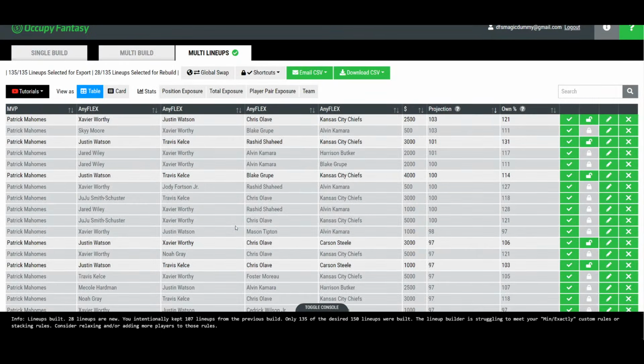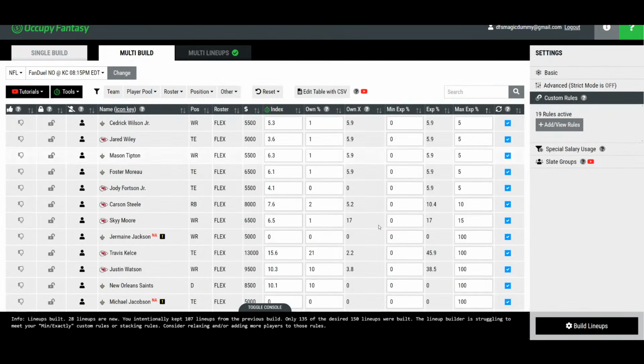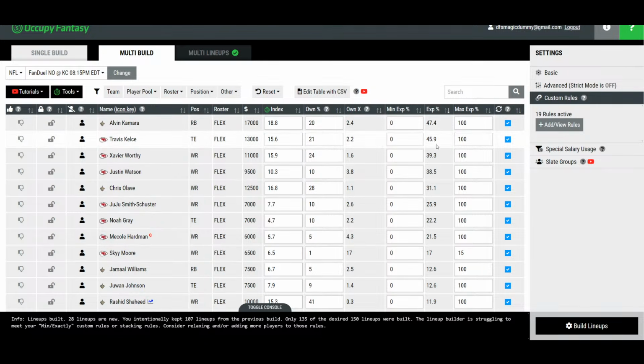Come on, get us to 150. Oh, we're so close. Let's go back and check. Of course it wants us to use more Sky Moore. Let's give us 38% Watts. That's not bad. Again, I would prefer more exposure than I would like to a higher priced and higher projected player than I would on a lower priced and lower projected and lower owned player. So